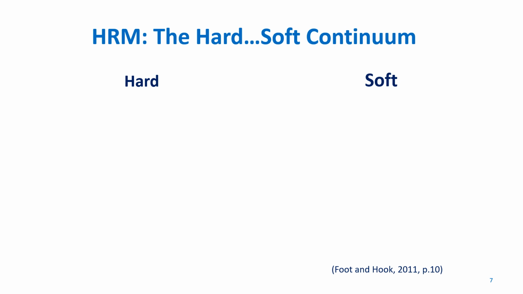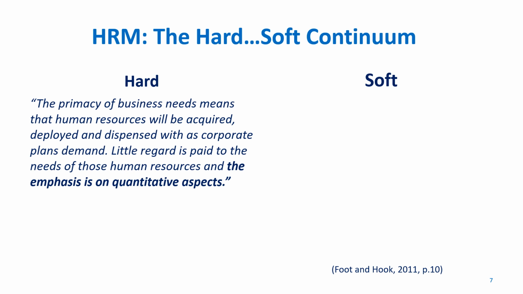There are many different models of human resource management, some of which you'll be introduced to in your strategic context of HR module. One of the most interesting ways of looking at human resource management is through what we call a hard and soft continuum. So on the one hand, we've got hard HR. Under hard HR, it's all about the bottom line. It's all about how we can manage people at the least possible expense so that the least impact is made on our bottom line profit.